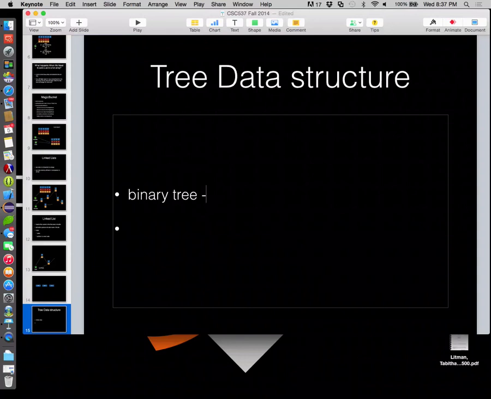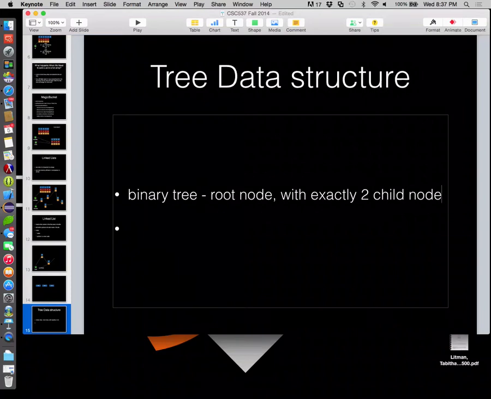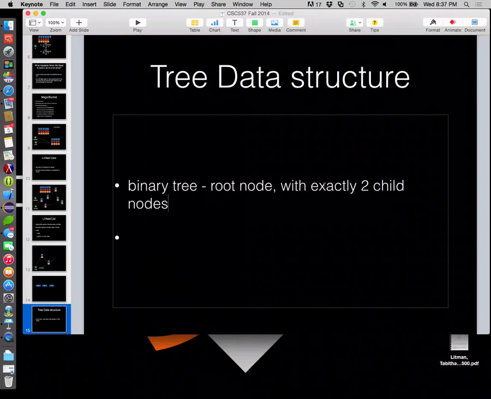A binary tree has a root node with exactly 2 child nodes, or we could say with at most 2 child nodes. All right, so that would be a binary tree. If we're showing a picture of that,